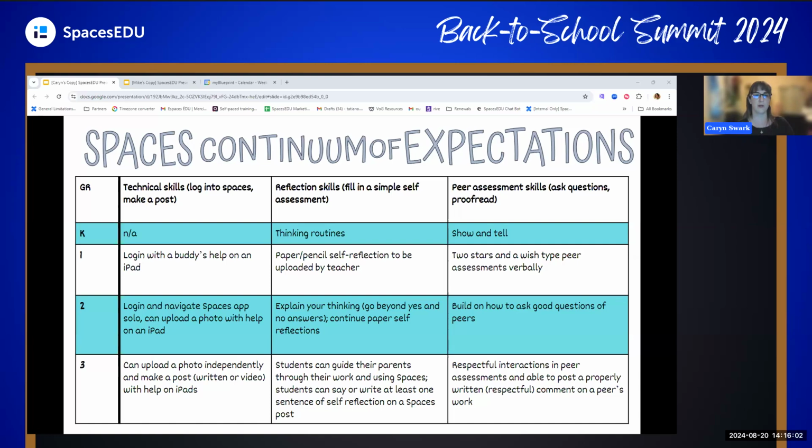Explain your thinking. So moving beyond yes and no answers. Did you do a good job? Yes. Why? And keep building on asking good questions. Then in grade 3, we want them to be able to start uploading photos independently and making short posts, either written or video, with some help. We want them to be able to guide their parents through their work using Spaces and say and write one sentence of self-reflection, and focusing on respectful interactions for the